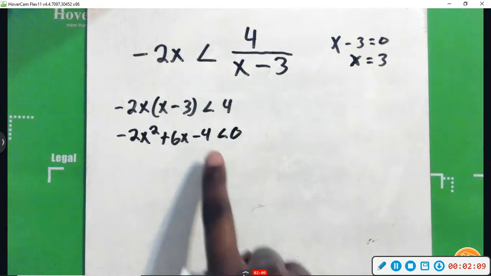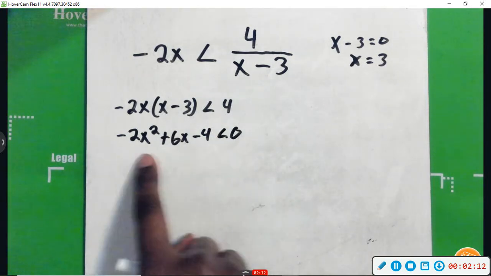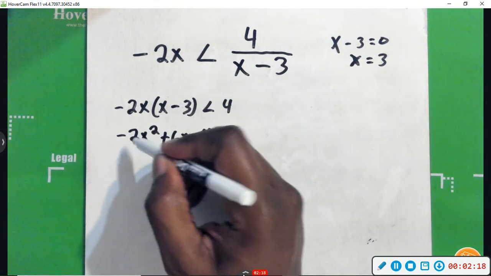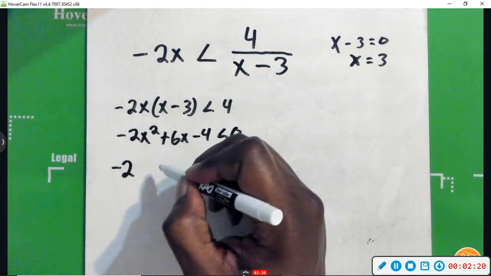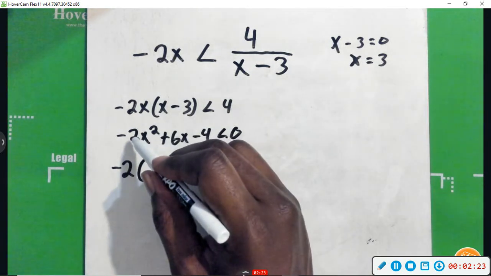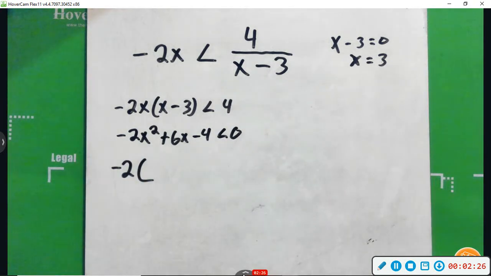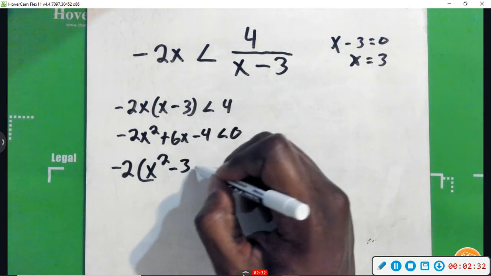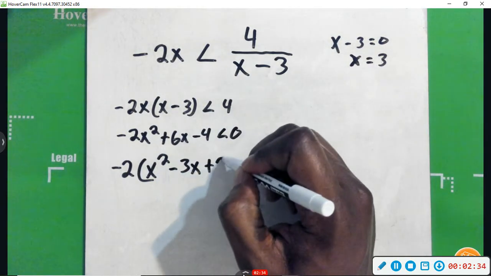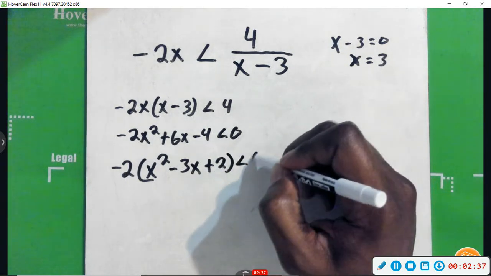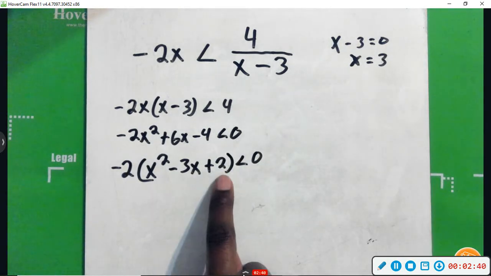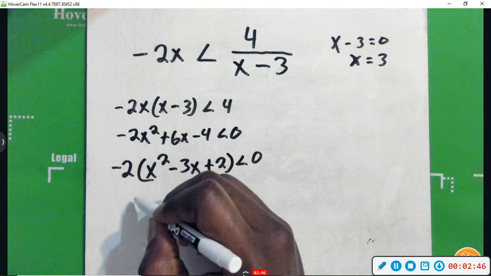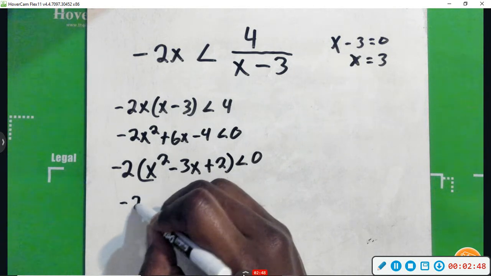So this is what we get when we set everything equal to 0, and we're just going to use this to get critical values. So I'm going to factor this side. I'm going to divide out a negative 2 first, and you have to do that if you're going to factor because you can't have a negative term up front. So that will leave us with x squared minus 3x plus 2 is less than 0. From here I'm looking for numbers that multiply to give me 2 and add to give me 3, and that would be